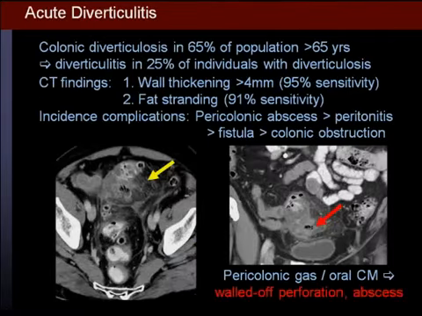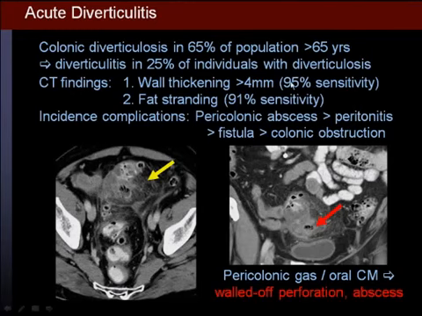Just a few general remarks on acute diverticulitis. We know that colonic diverticulosis occurs in 65% of the population above 65 years. But only 25% of these 65% will have diverticulitis once in their lifetimes. And the CT findings are wall thickening, more than 4 millimeters, and here the sensitivity is very high, and